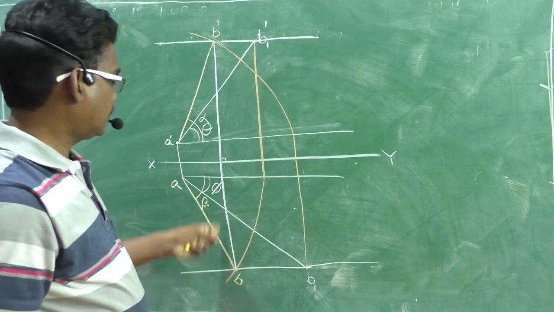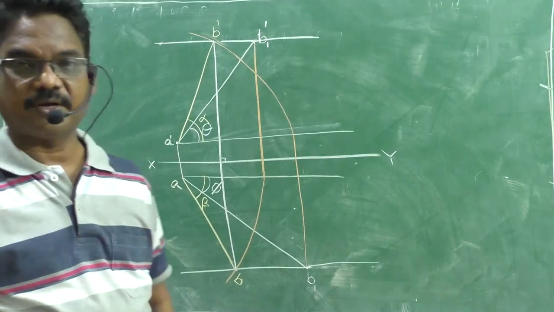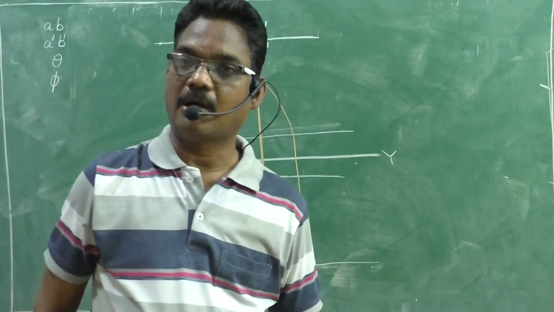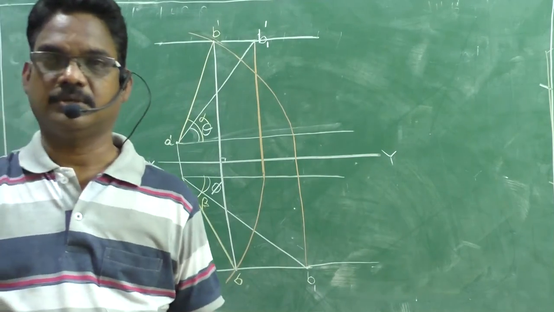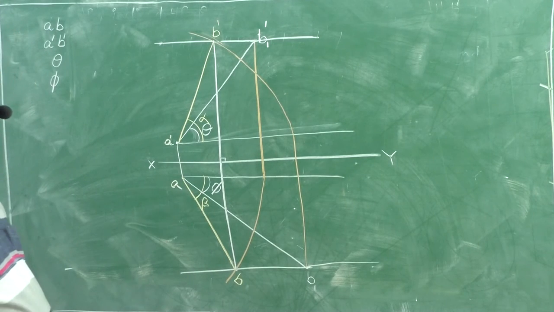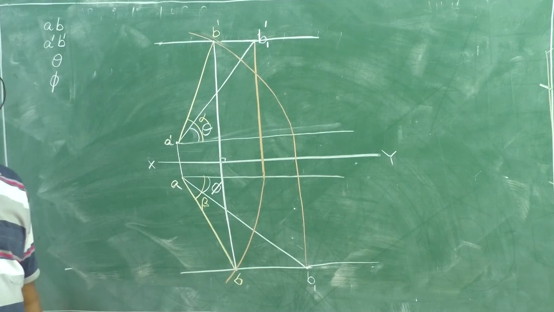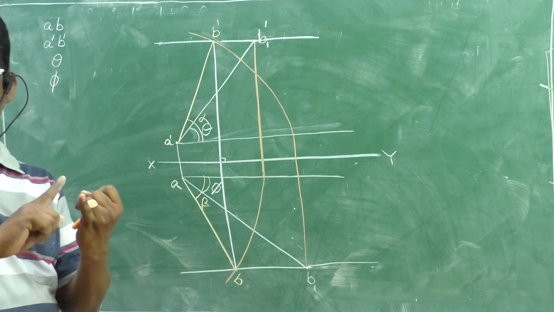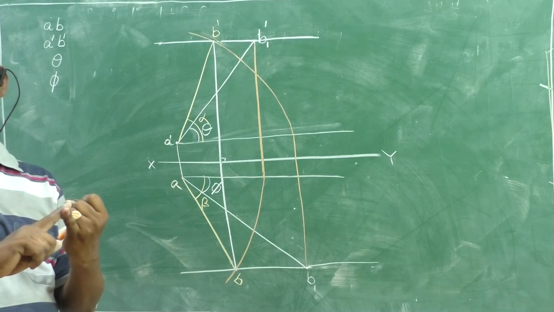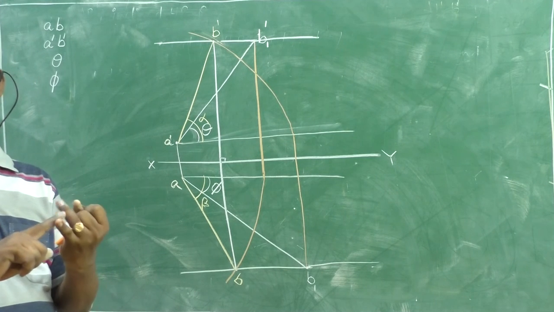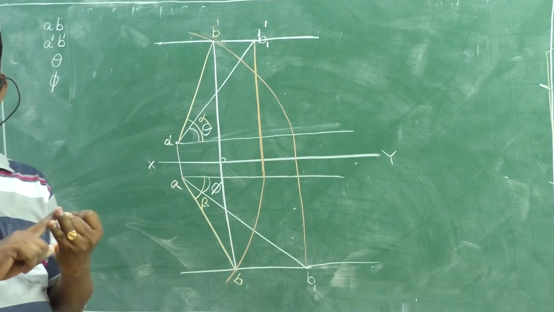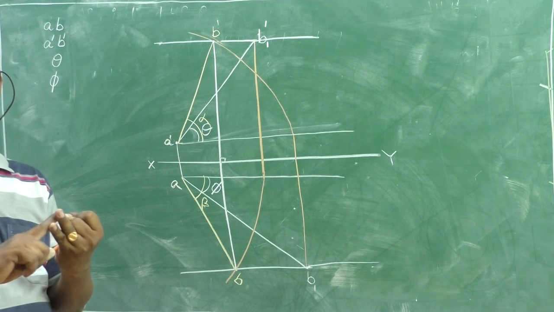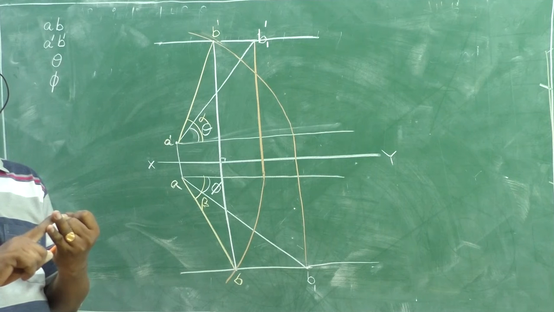If you are not getting this line perfectly, your projection may be wrong. Right? Okay. These are the steps students need to remember. First one, locate the fixed point position. Second one, by considering the true length through angle of inclination with HP and VP, draw the lines in front